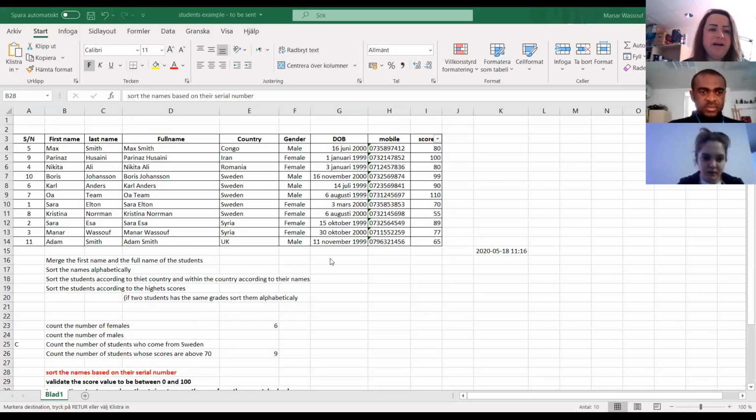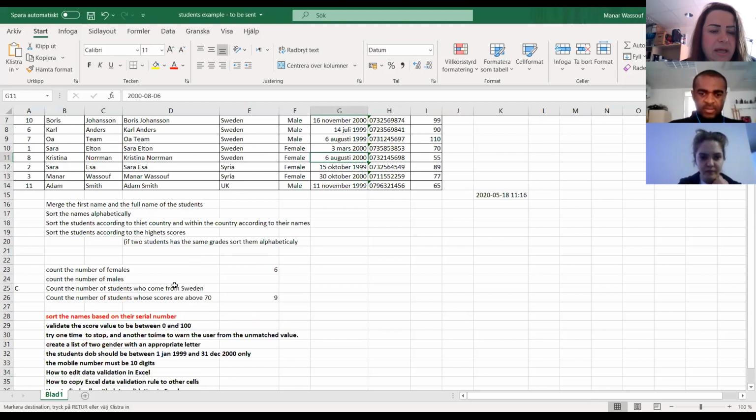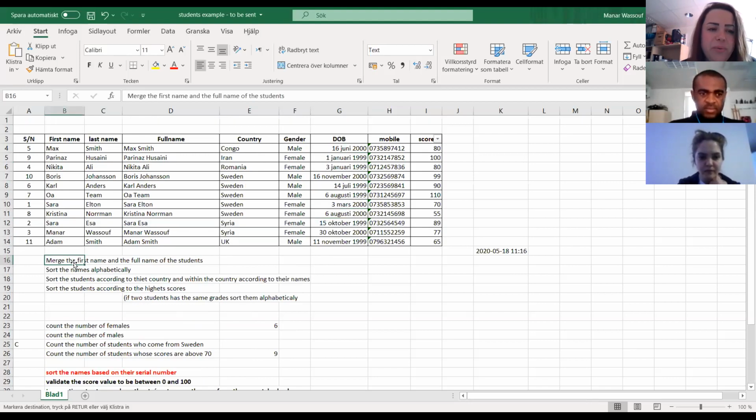And this is the same file we shared together: the student name, first name, last name, full name, country, gender, date of birth, mobile number, and the score. And what we did, if you remember, we merged the first name and the last name of the student, and we used the concatenate function, or sammanfoga på svenska. And we did many